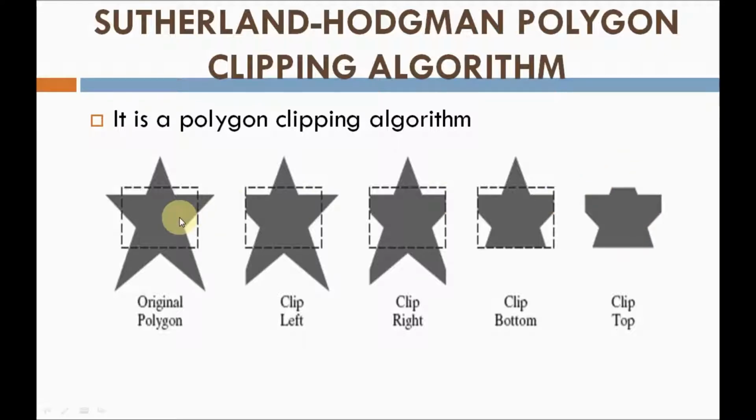So you can see here, when I clip the polygon, you have to consider these four sides: left side, right side, bottom side and top side. And the order can vary. That means you can start from the top also, you can start from the right also, but you have to cover all the four sides, left, right, bottom, top. You can start from any side. So this is the original object and this is the clipped object after removing the part that is outside the clipping window on all four sides.